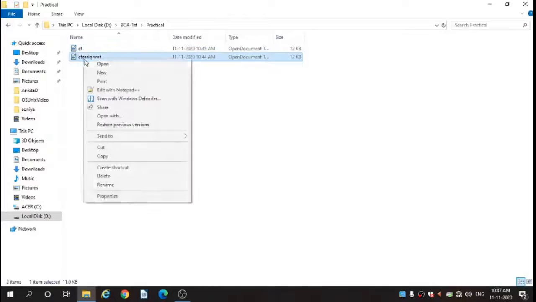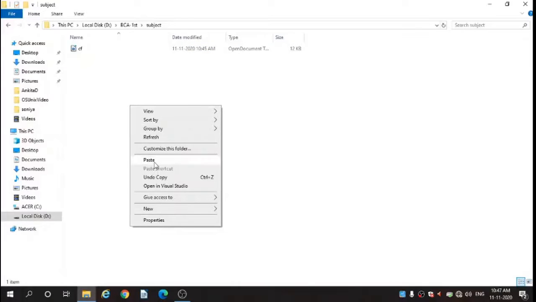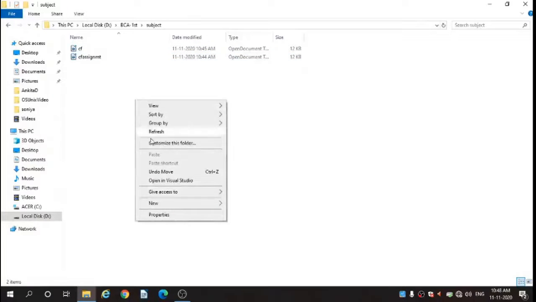You can cut this file from the practical folder, cut it, and then you can paste it in the subject folder. See this? I have pasted it in the subject folder. That's why it is not showing the paste as in the dark link.